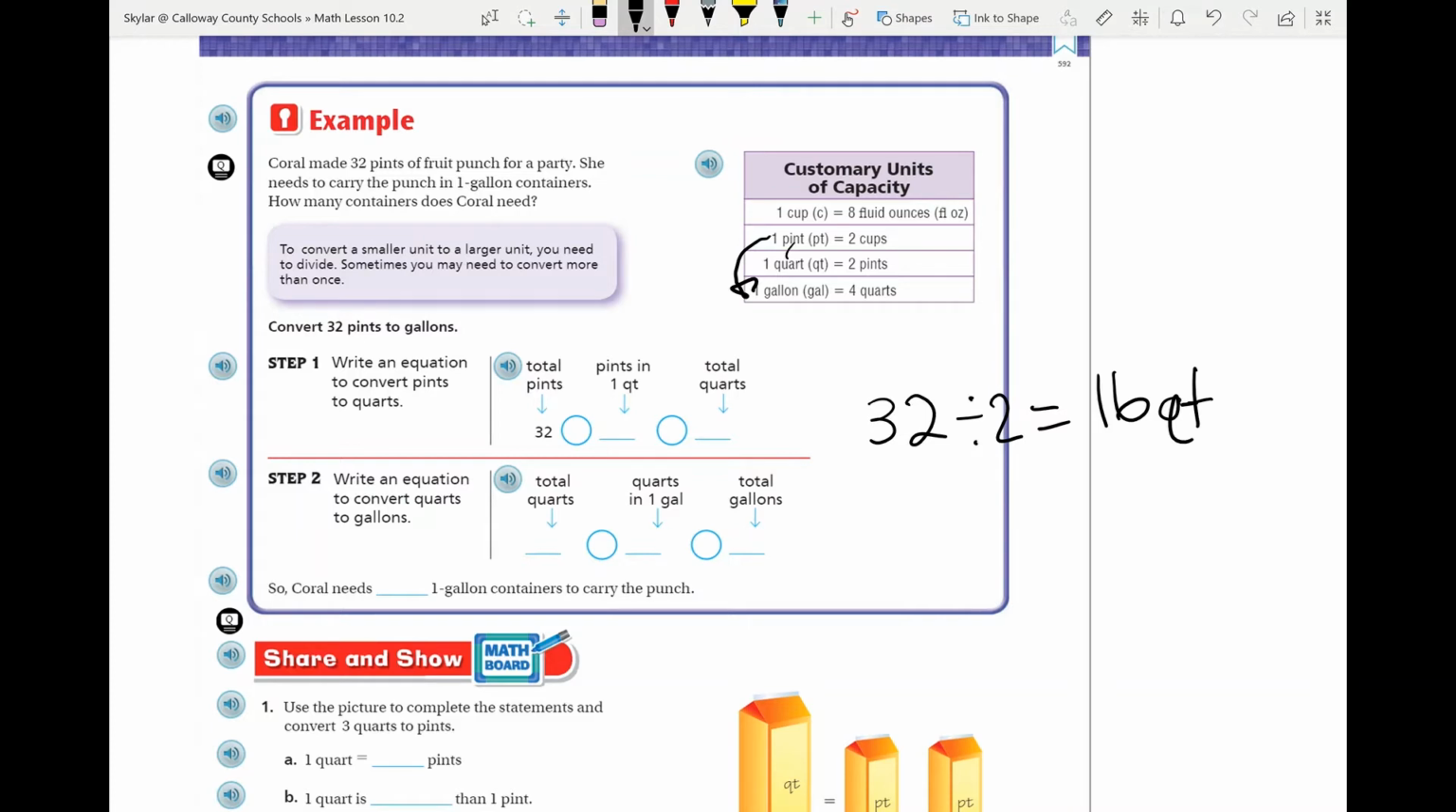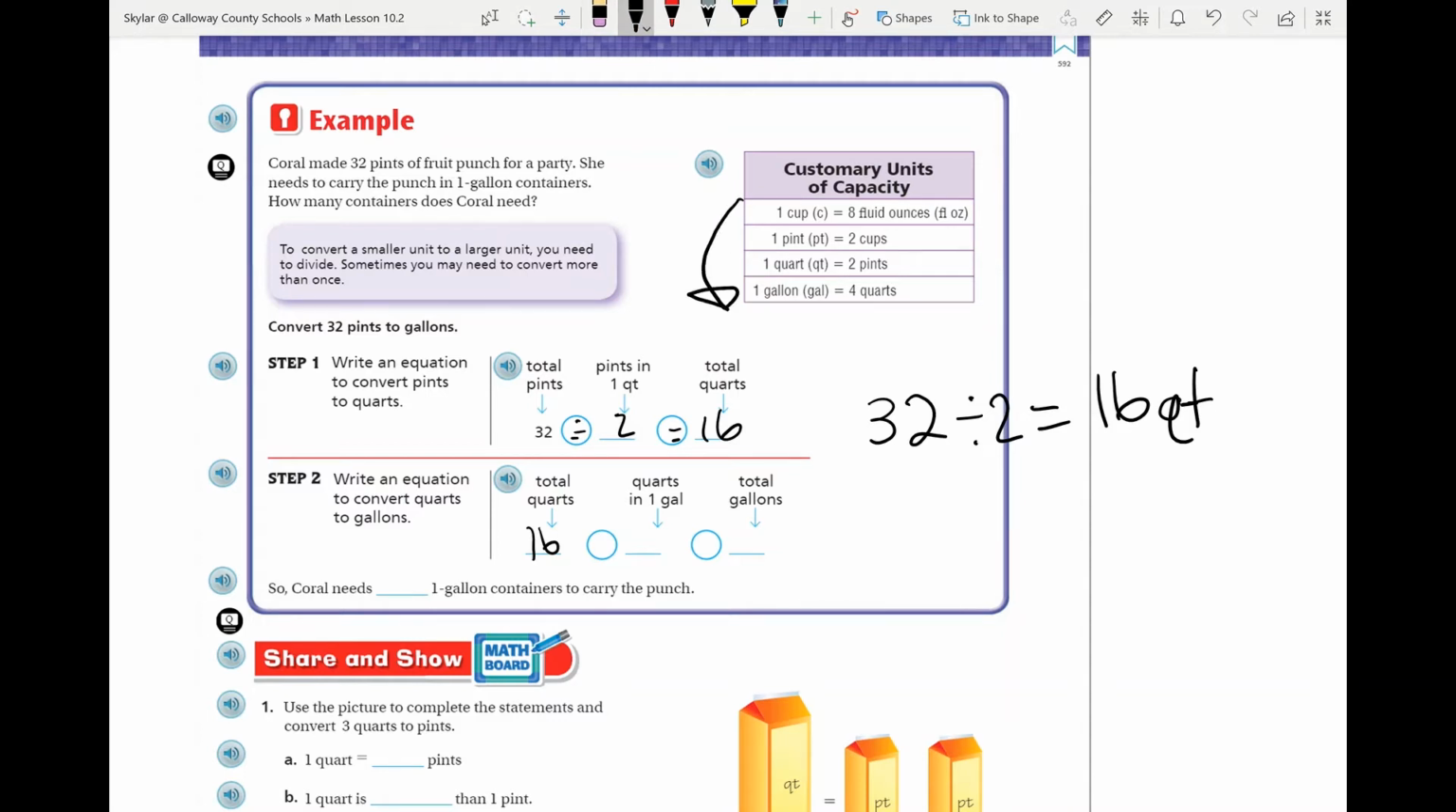So now, divide that by 2 equals 16 quarts. Now we can see how many quarts are in a gallon. Whenever you're converting these, it's best to go just one at a time. So whether you're moving up or down this little ladder, you need to go one at a time. And if you are moving down, like from a cup to a pint, pint to a quart, all of that,